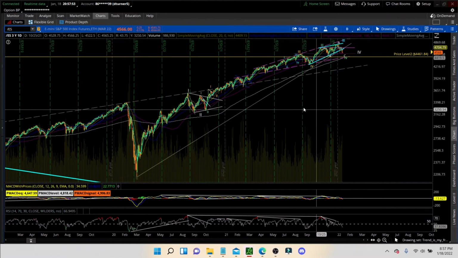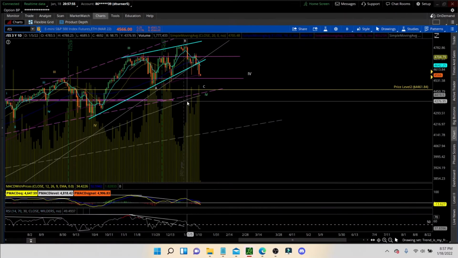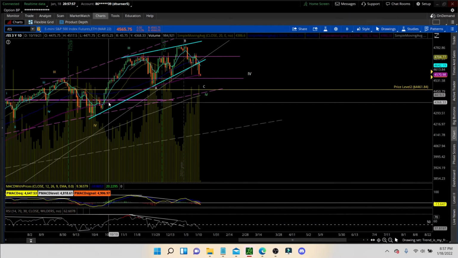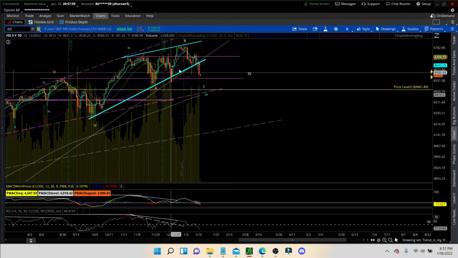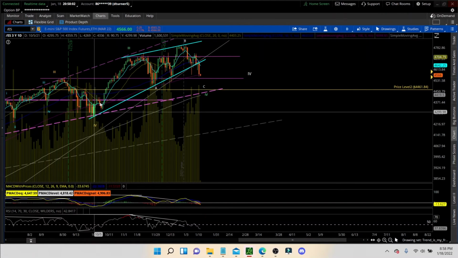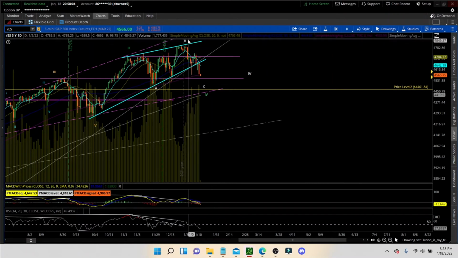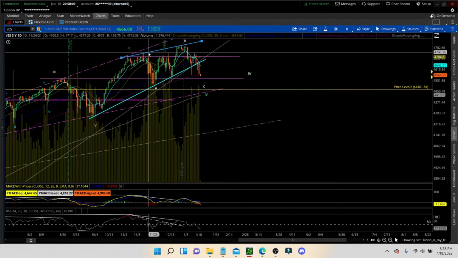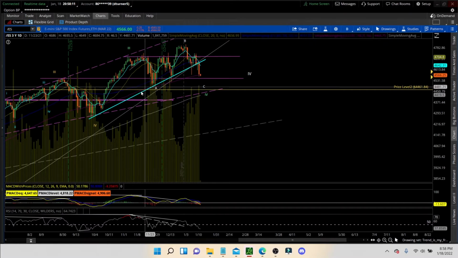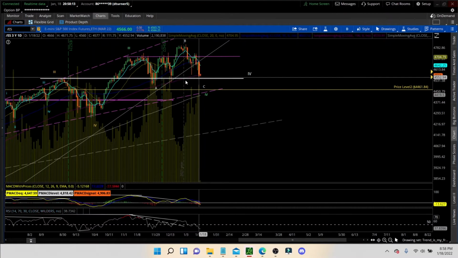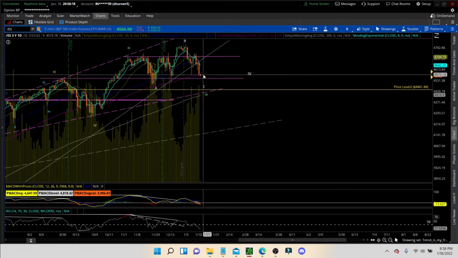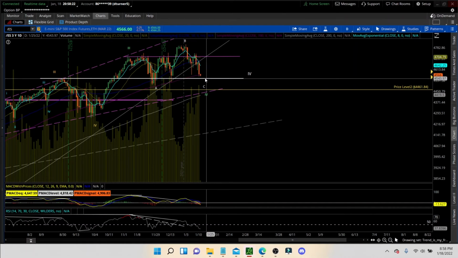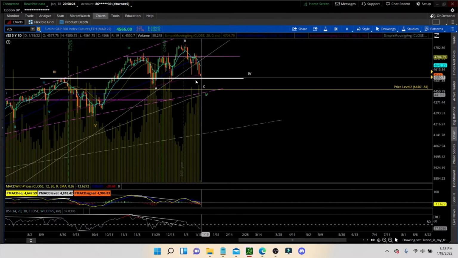Daily trend is our friend. So we had two scenarios that we were looking out for. We were looking out for that possible ending diagonal, which this would be the 1, 2, 3, 4, and then 5. And I'm kind of getting rid of that scenario at this point, even though we still have a higher low from this low to this low. We still have a higher low at that point, so there's still slight chances this could be in effect. But at this point, I think it's getting pretty doubtful.